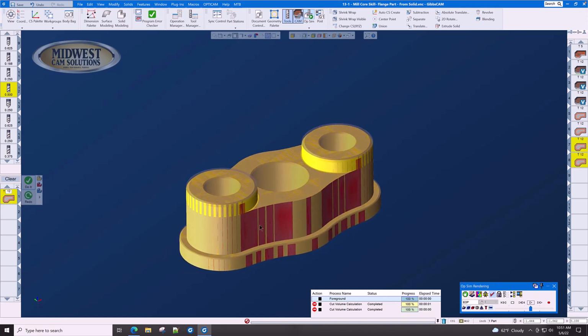You can see that we have some red marks on here, but they're only shadowy red marks. It means that we are exactly on the surface. If it was deep red, we have undercut the part. If it were still yellow, we have left material on the part. We'll talk a little bit about the Analyze Cut Part tool later